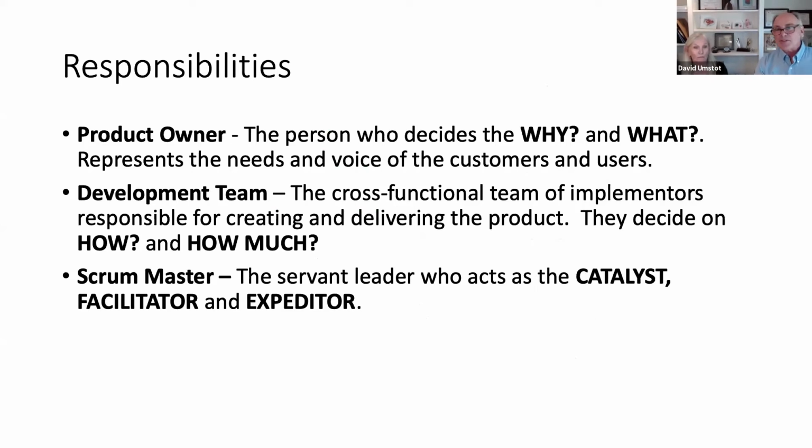But on the responsibility side, think of the product owner as really kind of the client manager. So what's the value proposition for the customer? I mean, that's the product owner's responsibility, and that could be a different person within each organization, but in Scrum, that's who owns that. Development team is the design team, and if you want to draw the comparisons to how that works in our world. And then the Scrum Master essentially is the facilitator, the catalyst,